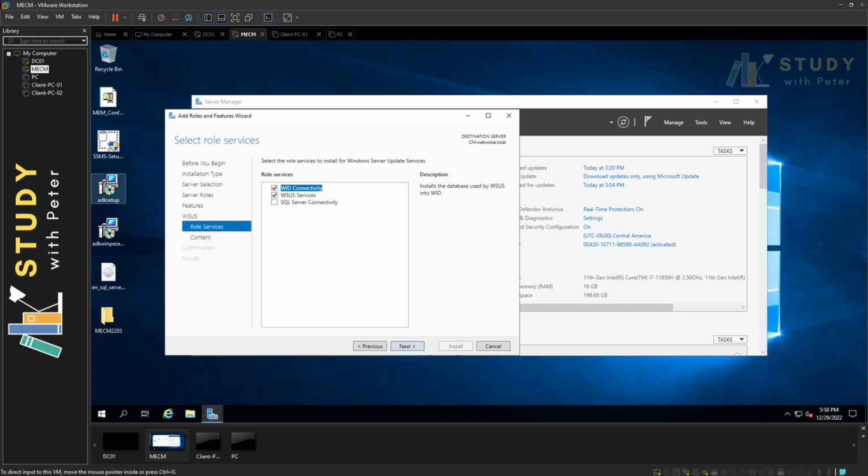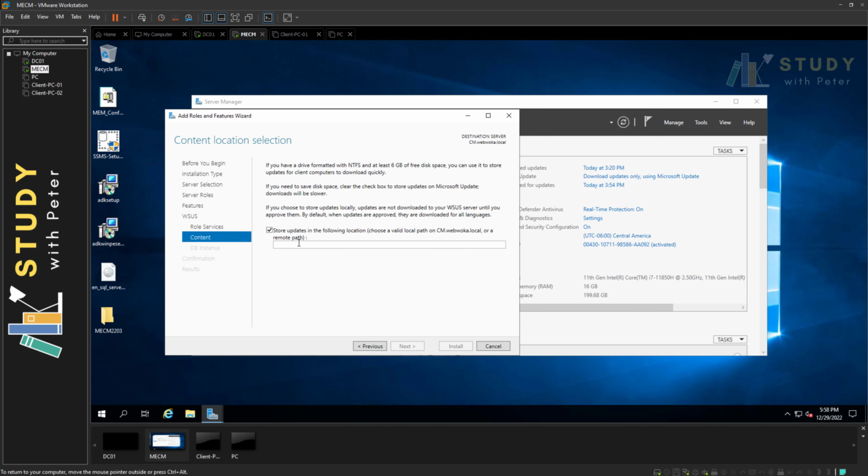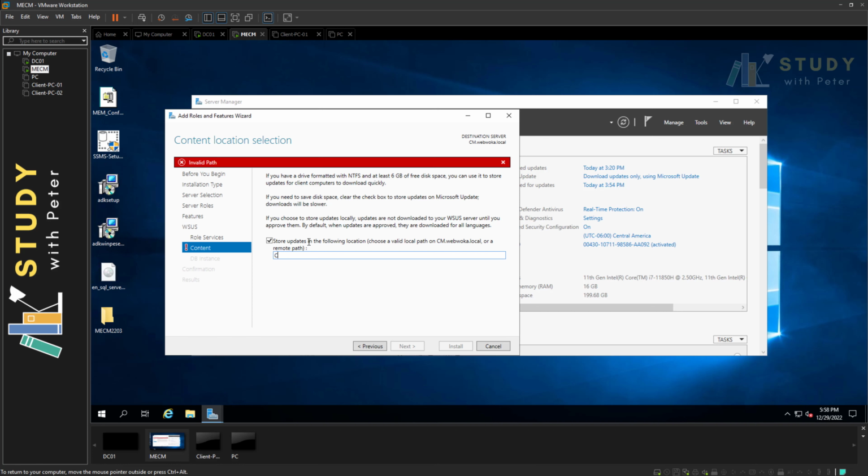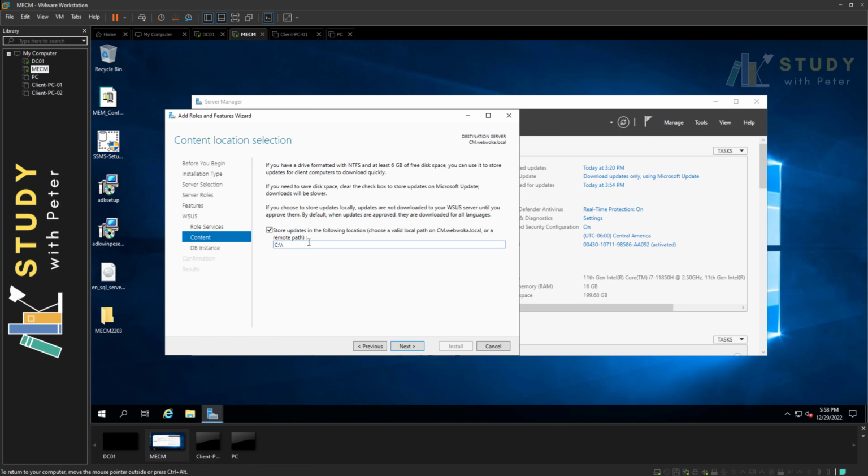Okay, this is the fun part. Once we get here, we have to uncheck this one, click on this one, click on next. Now remember, we have a SQL database on the same machine that we have the configuration manager, so it actually makes it easier. So I'm going to say, okay, let's go to this path and do, what name can I call these? Let's just call it WSUS